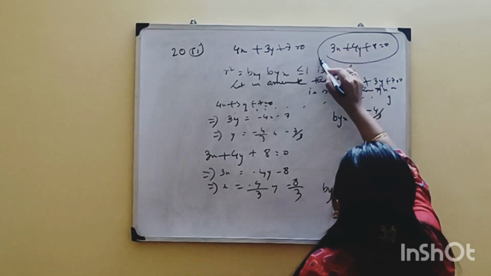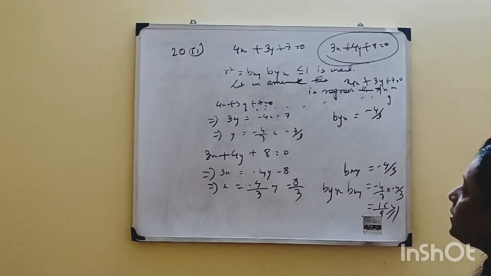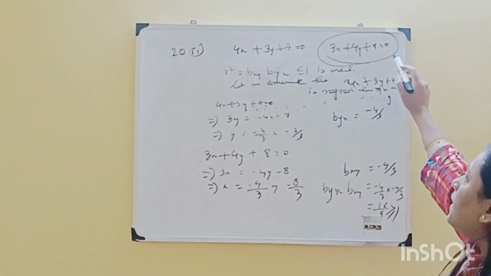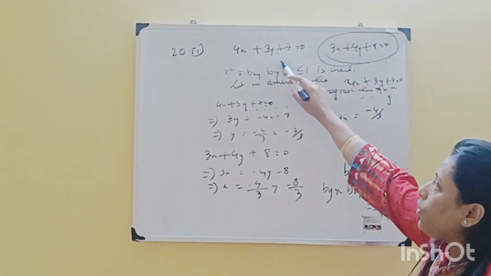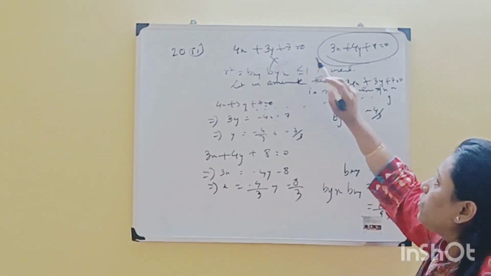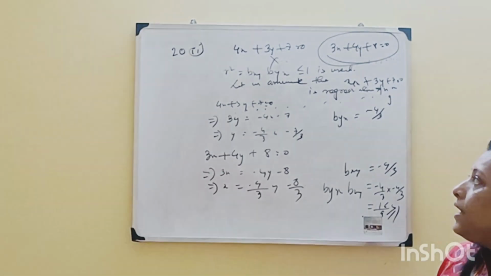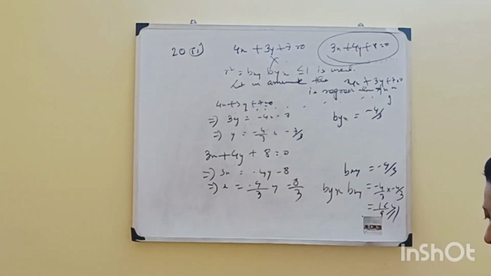So this equation is not the line of regression of x on y. This equation is the line of regression of x on y. So the assumption is wrong, and this is the correct answer. This assumption is wrong. So obviously you can take a screenshot, or I will write down whatever you want. I will write it.